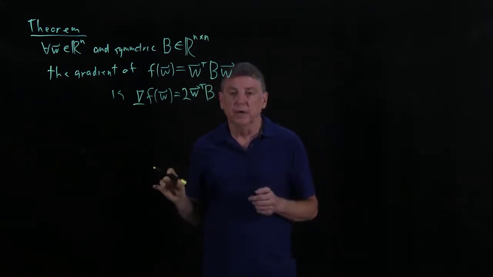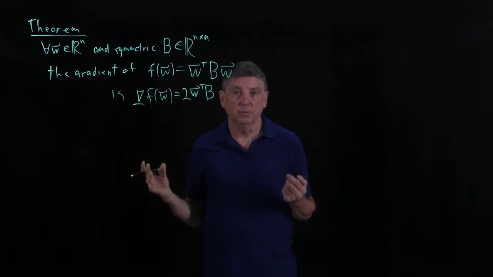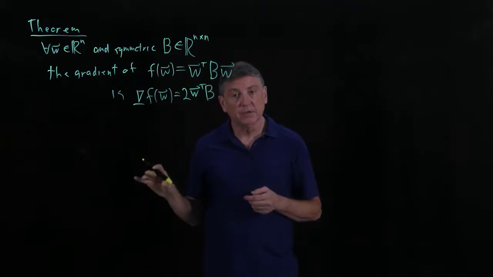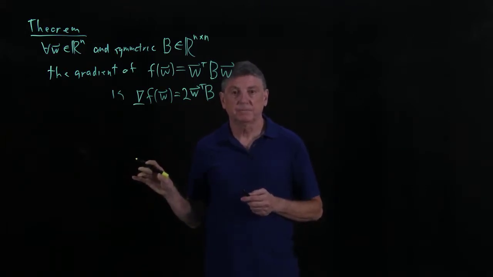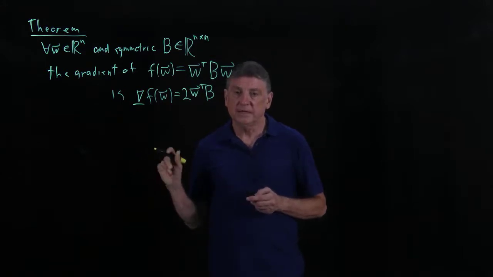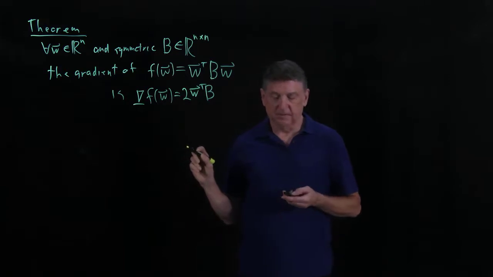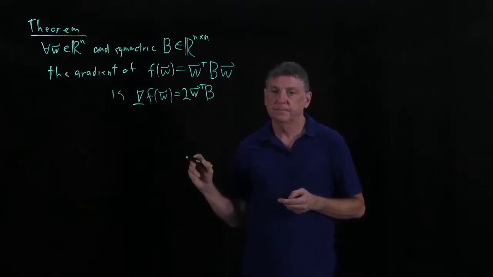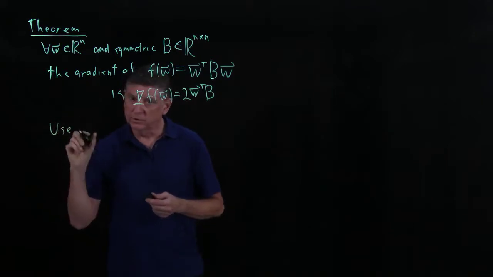So what we'll do is we'll use the same method that we did for linear forms, which is we'll write down the limit and then we'll substitute and we'll simplify. And when we do that, we're going to need one fact. And the fact that we'll need, we will use: